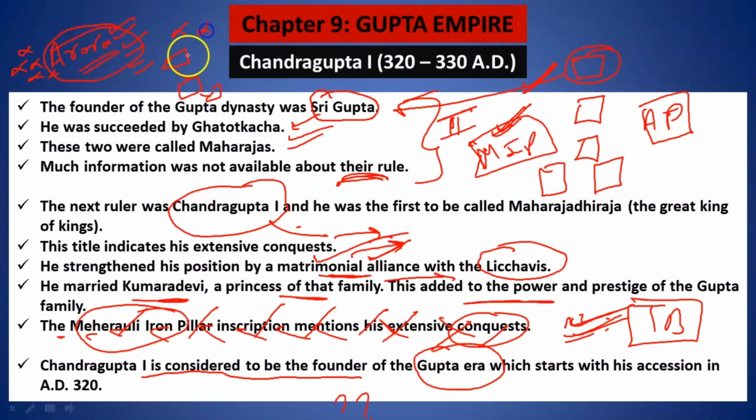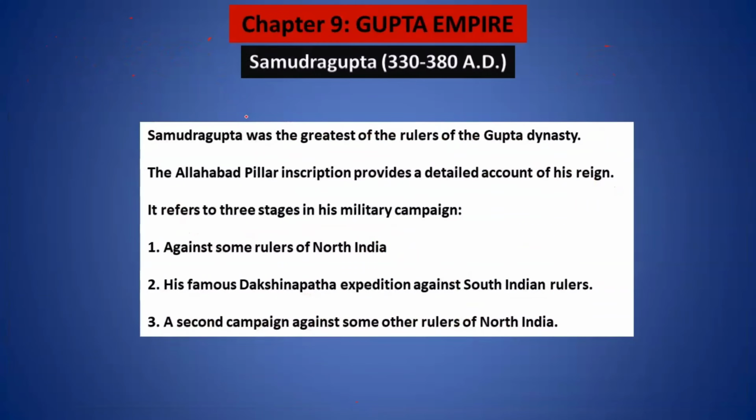All right. Now don't take it in terms of comparing between boys and girls. That's why I'm not talking about granddaughter or great granddaughter, because I'm trying to give you an example in this context. So if somebody over here becomes a ruler, they will start an era, but they will be a part of my dynasty. All right, but this is a hypothetical example. Don't take it in literal meaning. That is why Chandragupta I is considered to be the founder of era, because he was the first known great ruler about whom we know. Now these people, Shri Gupta and Ghatotkacha, we do not know much about them, but still he is the founder of the dynasty. I hope this point is clear to all of you.